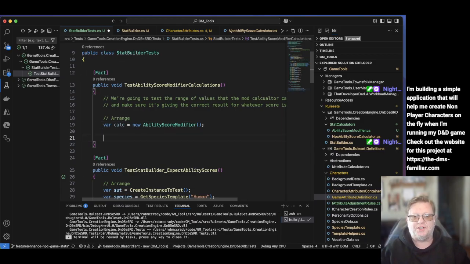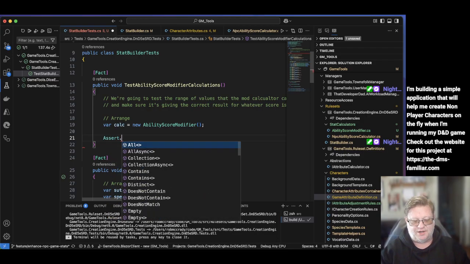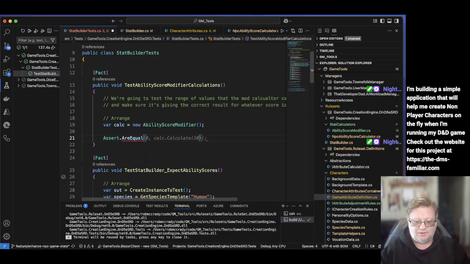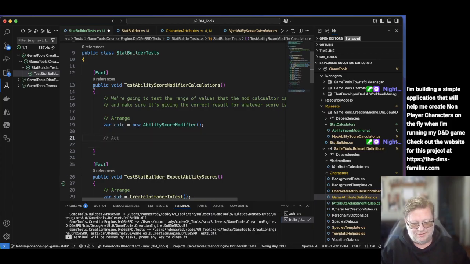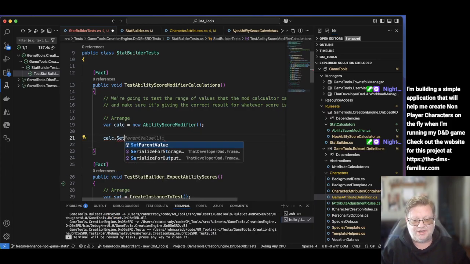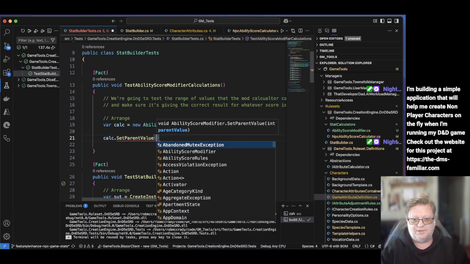I'm going to act and assert at the same time. Actually, I'm going to have a whole lot of acts and asserts. Calc dot set parent value to 10